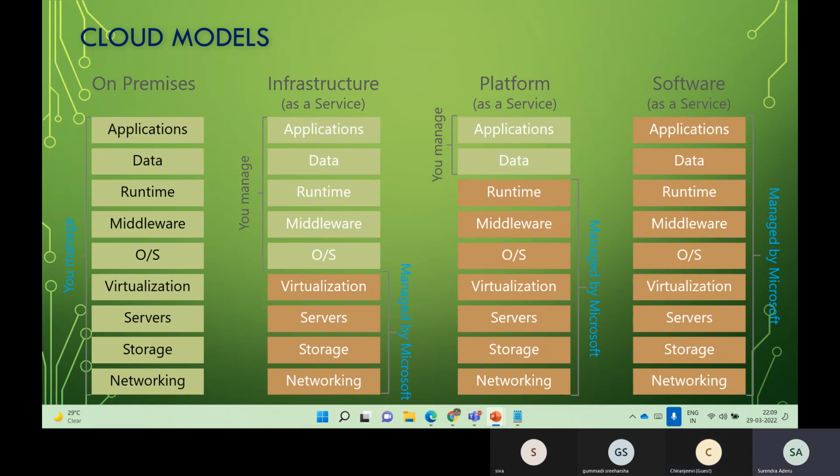Are we managing Gmail servers? Are we managing the Gmail data center? Are we managing Gmail storage? The Gmail application, the front-end web application? Who is managing it? Google is managing it. And we are end users, we're just subscribing and using it. Correct? All these products, we'll call them software as a service.